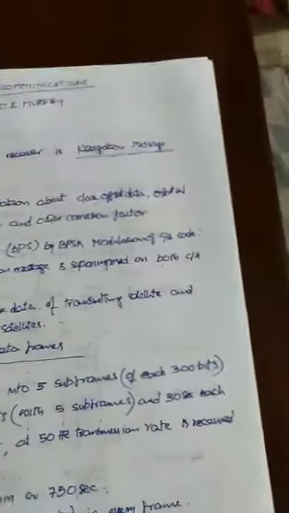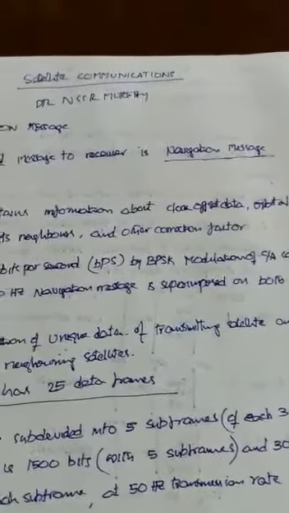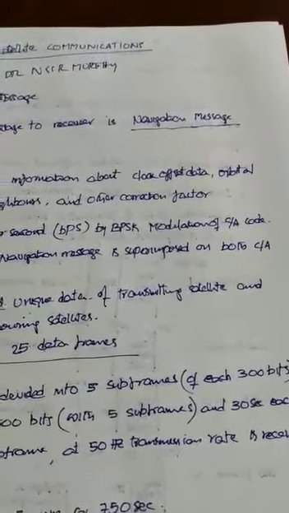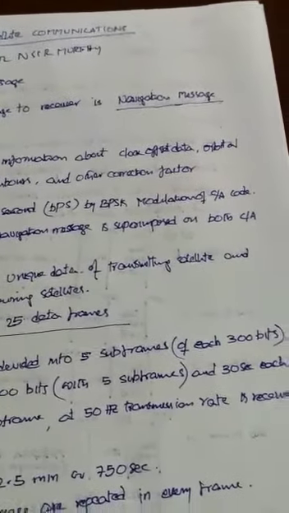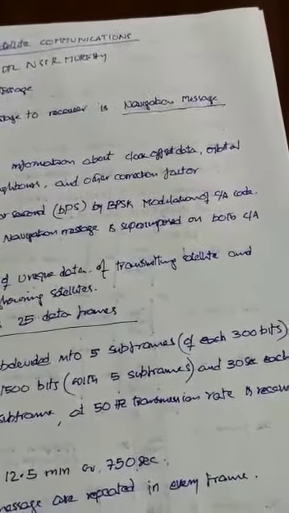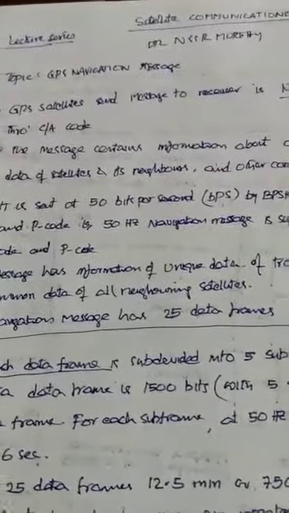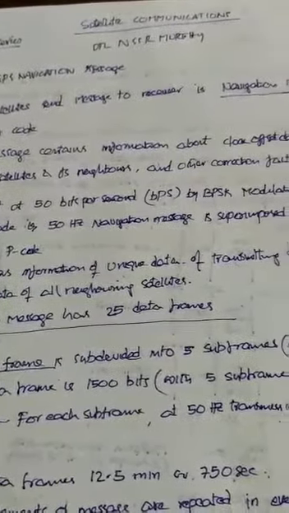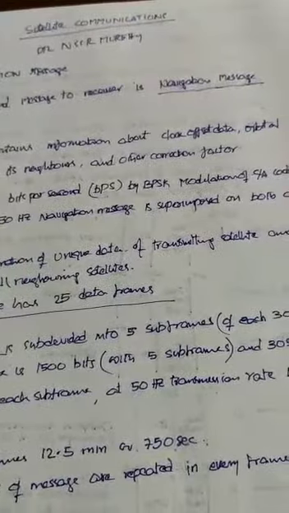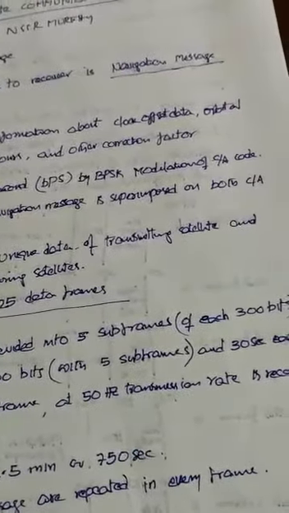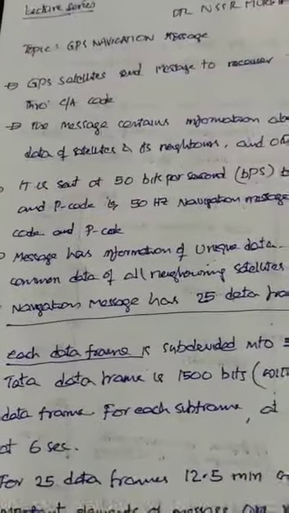clock set of data. That means, as we said earlier, there is a difference between the error in the GPS clock time in the GPS receiver and the satellite atomic clocks. That difference is calculated through this clock offset data, and similarly orbital data of the satellite. It also contains the neighboring satellites, the constellation satellites' neighboring data, and other correction factors required at the GPS level are also sent. So it is